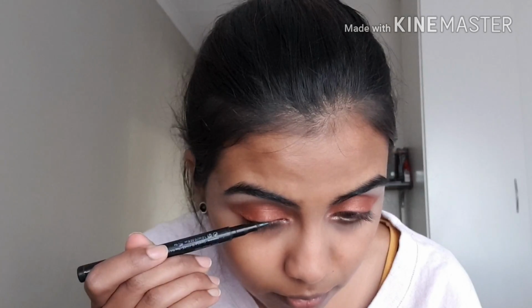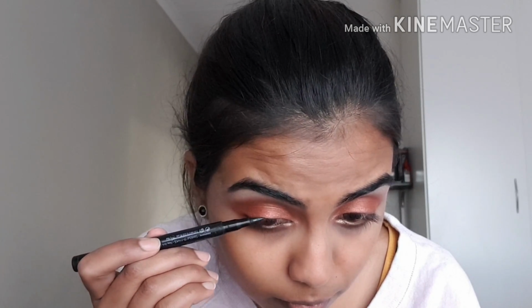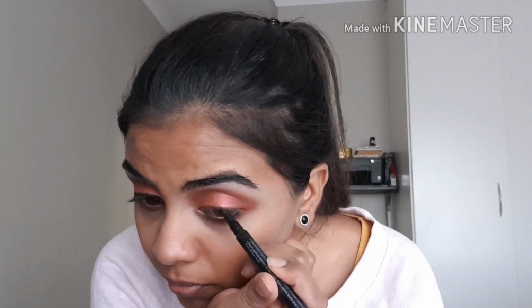I'm then going to use my Catrice eyeliner pen and draw a line on the top of my lid. I'm not going to make it winged. I'm just drawing a precise line on the top of my eyelid, and this liner is not very dark, so